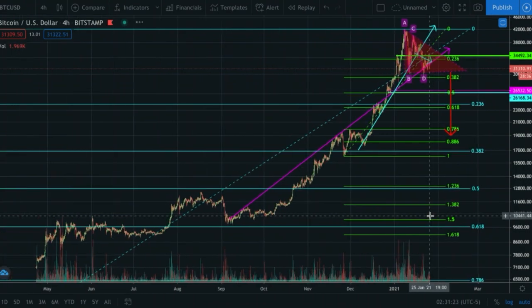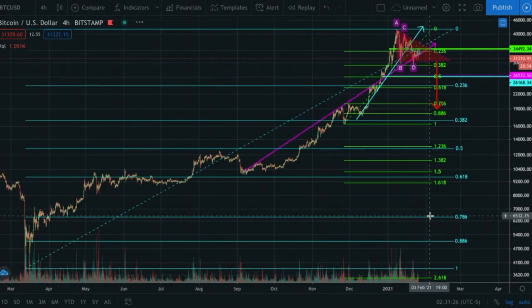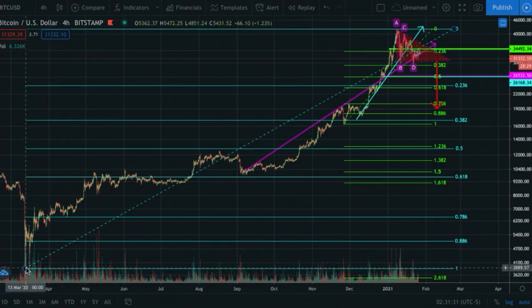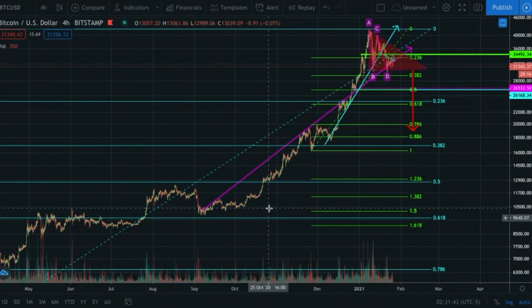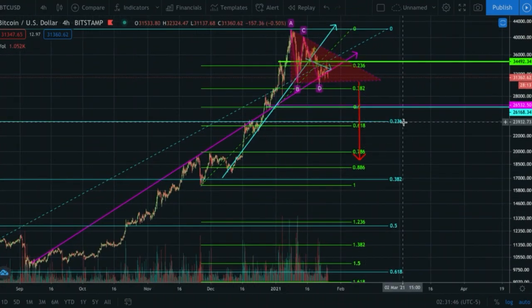Now, when we zoom way out and continue looking at the big picture, you'll see this blue Fibonacci is from our bottom sell-off here in March back down to 3,800 all the way up to 42,000. That's assuming that this was all just one big wave, and that we're going to sell off the entire thing now, which I think is less likely, but still possible. In that event, we would know for sure that we're potentially fibbing that out when we get down to that 24,000 range, when we fill that first CME gap on futures, 23,749, that's going to give us the 0.236 of this entire move right here.